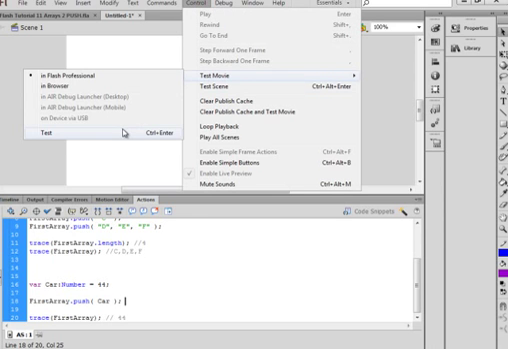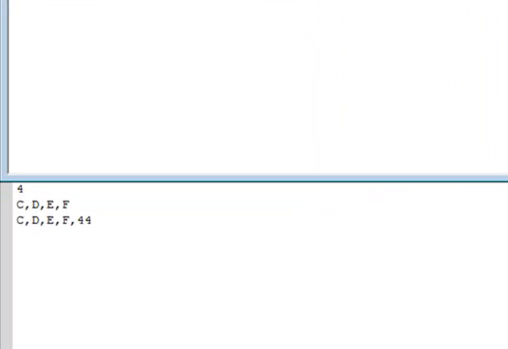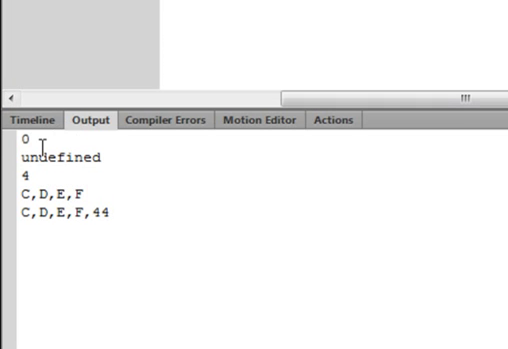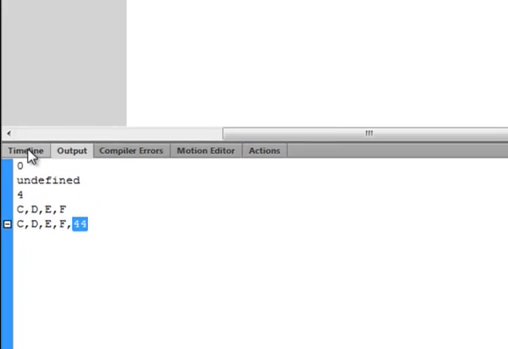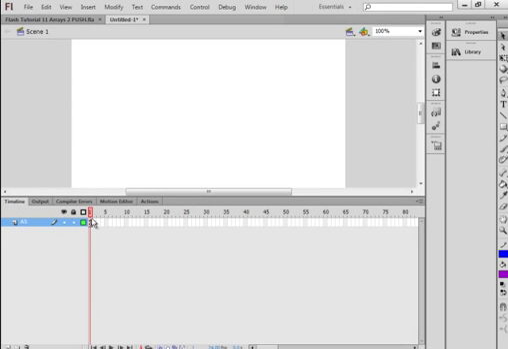Test movie, test. And it's exactly what we said. 0, undefined, 4, C, D, E, and F, and C, D, E, and F with the 44, which is that variable car. And again, I'm going to say to you, if you don't get it, I wouldn't suggest you go on any further